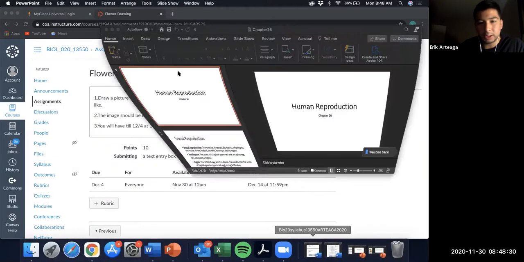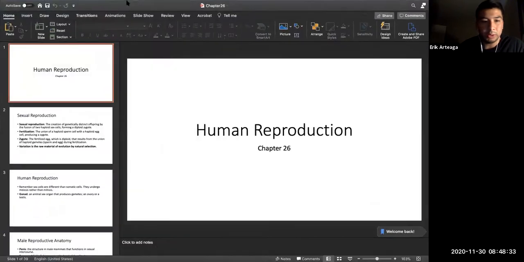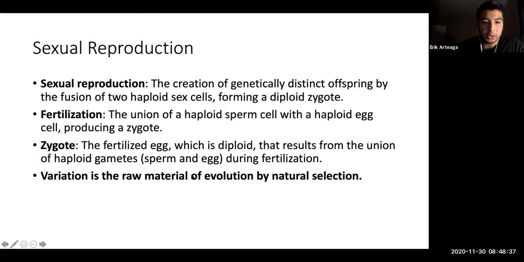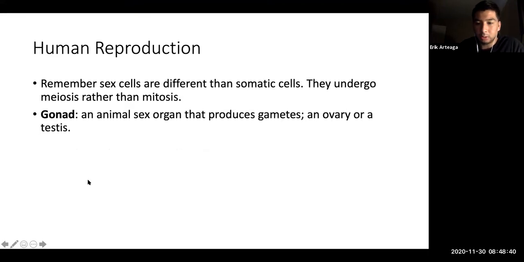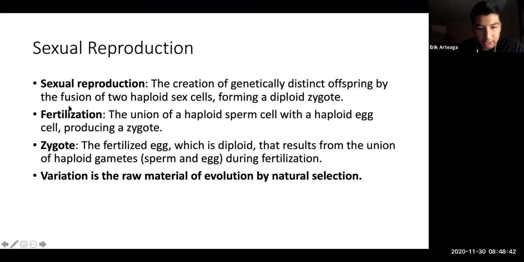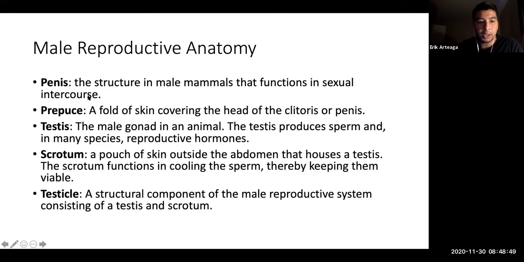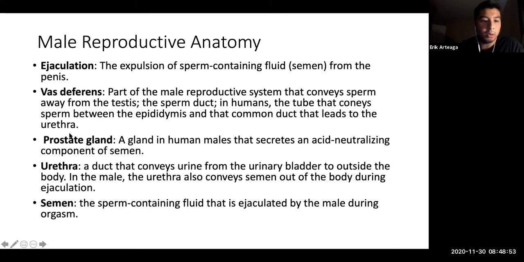All right, chapter 26. Human reproduction. So know the terms fertilization, zygote. Know why we have sex, right? This is going to be a mix-up of genetic information. Human reproduction, the gonad. Know the terms, okay? Know what belongs in a male, what belongs in a female. Know about the vas deferens. Males only have prostate glands. Okay, this organ makes up the majority of the